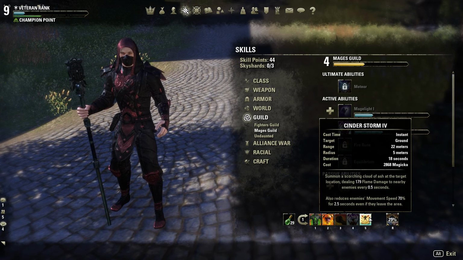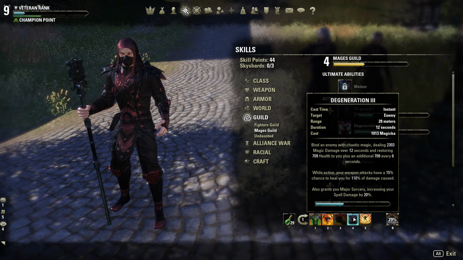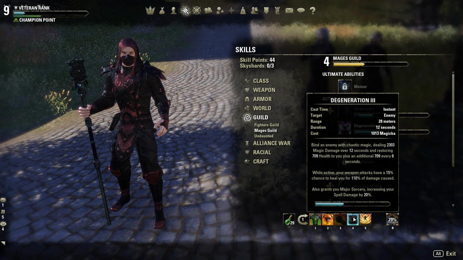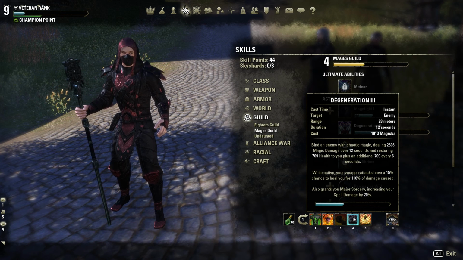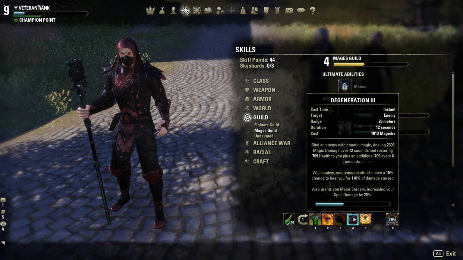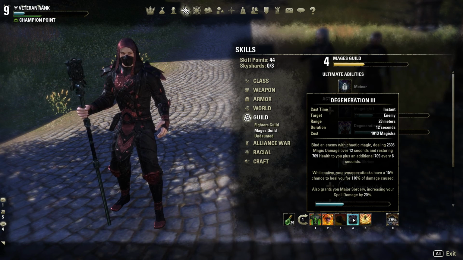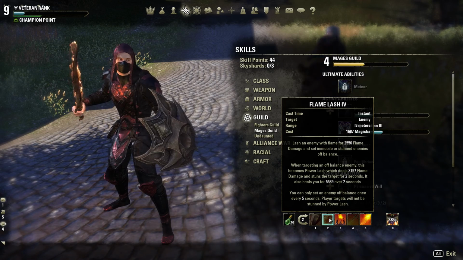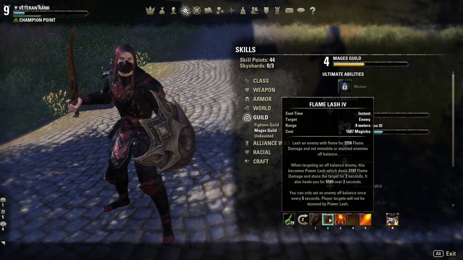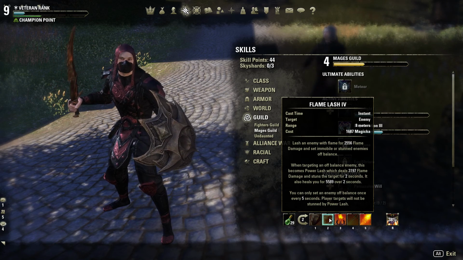Ash Cloud, or actually, let's go over Degeneration. I only use this if I'm getting ganked or something. You want to hit this on them because there's a 15% chance to heal you for like 115% of the damage caused. And what if that procs on Flame Lash, which is already going to heal you for like